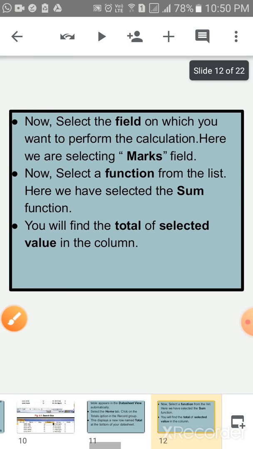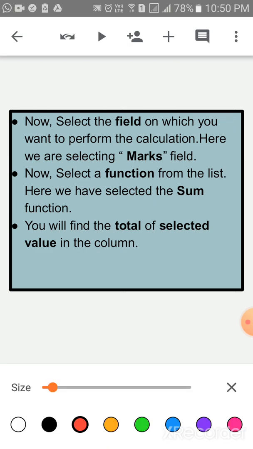Okay. Children, now select the field on which you want to perform the calculation. You have to select the field where you want to perform the calculation. Here we are selecting the marks field. Now select the function from the list.